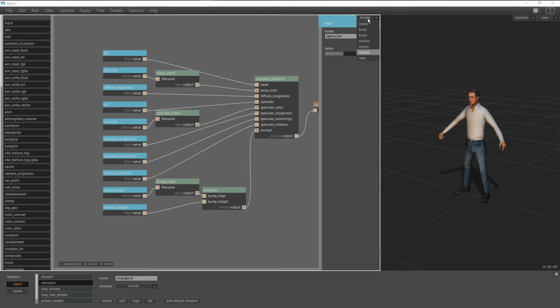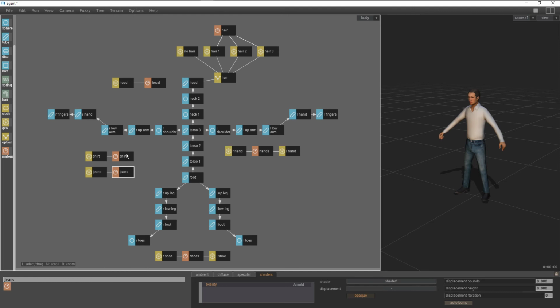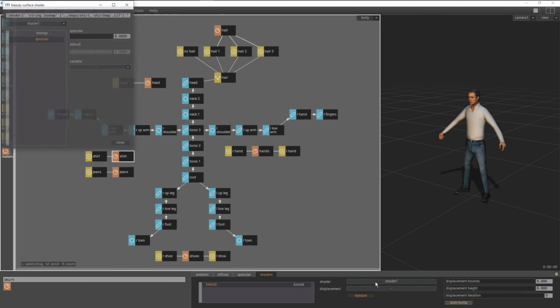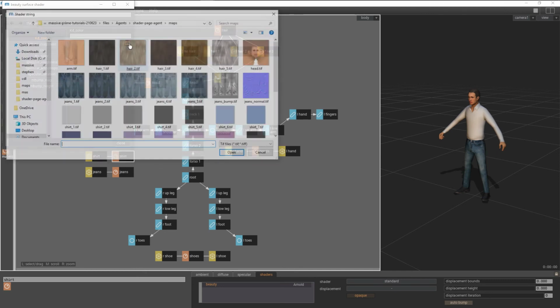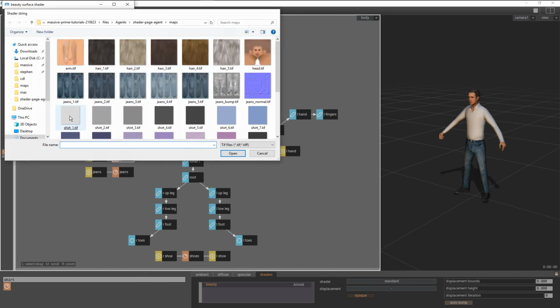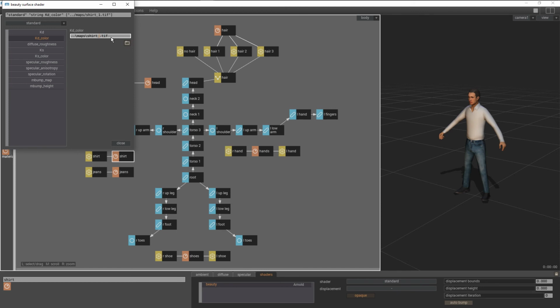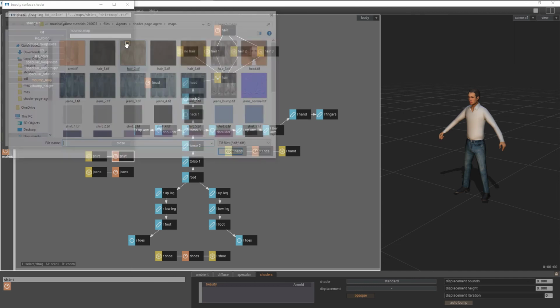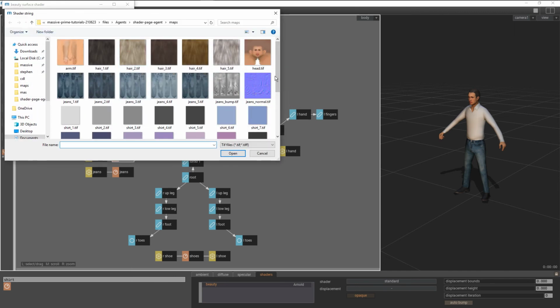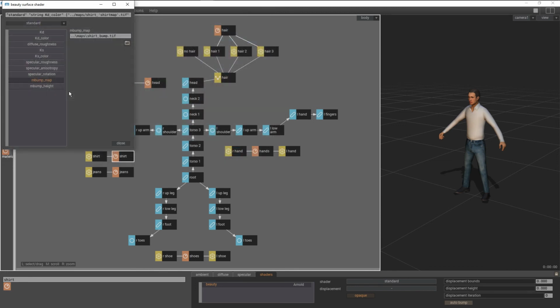So back to the body page, shirt, here we go. Instead of shader 1, let's use standard. Now we'll set the color again. And make sure KS is 0, in this case it defaults to 0, and let's use the bump map. Where is it? There we go, shirt bump. Set the bump height to say 5,